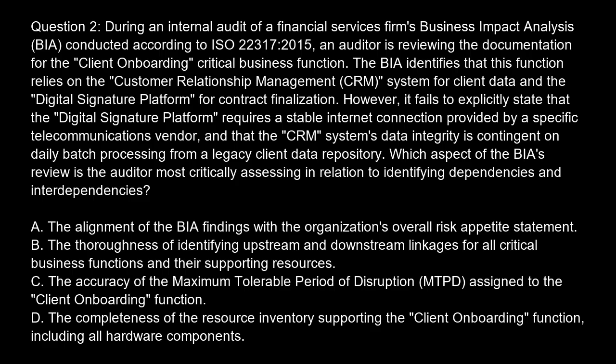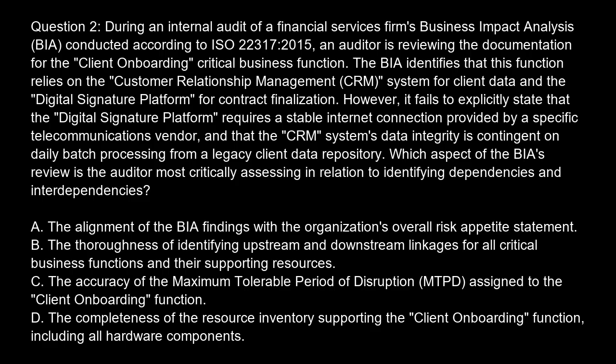The BIA identifies that this function relies on the Customer Relationship Management (CRM) system for client data and the digital signature platform for contract finalization. However, it fails to explicitly state that the digital signature platform requires a stable internet connection provided by a specific telecommunications vendor, and that the CRM system's data integrity is contingent on daily batch processing from a legacy client data